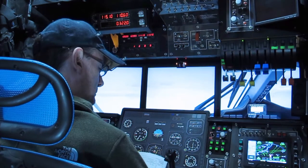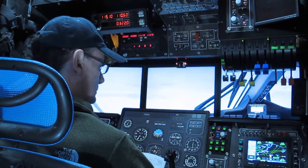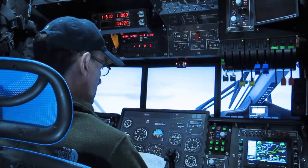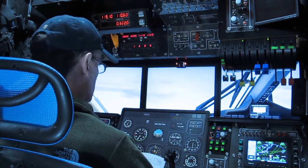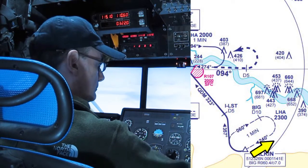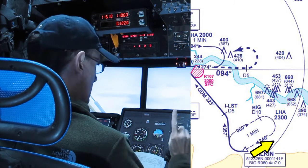I'm just checking actually, it's important that when we enter that hold we're on the right position. So the radial, we're tracking 065 at the minute, so we're pretty much on the radial. We want to come off about 5 degrees. So we need to start the timer now. We're at Alkin. So we fly that for 1 minute, then we're going to do a